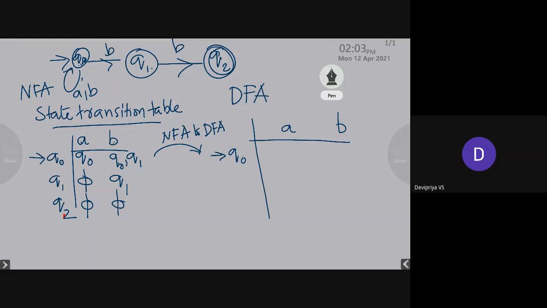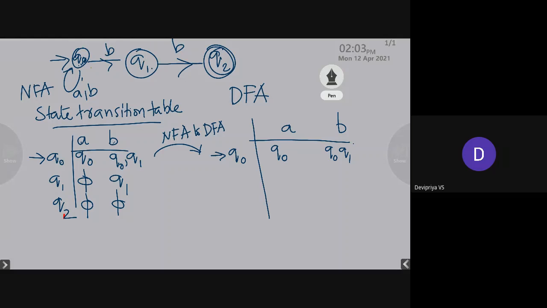From the state Q0, check the figure to find out, on receiving the input symbol a, to which state it moves. So from the state Q0, on receiving the input symbol small letter a, it moves to only one state, which is Q0 only. And then from the state Q0, on receiving the input symbol b, to which all states does it move? On receiving small letter b, it is moving to the state Q0 and it is also moving to the state Q1.